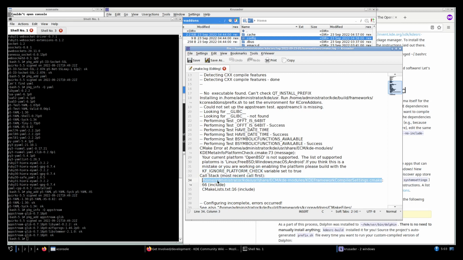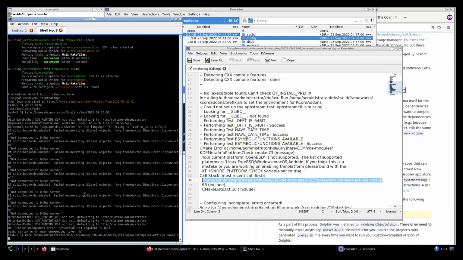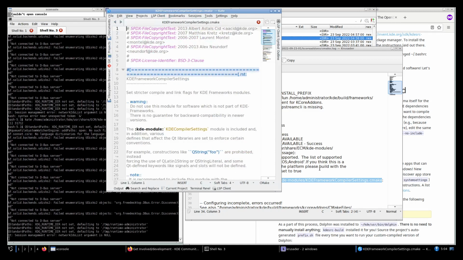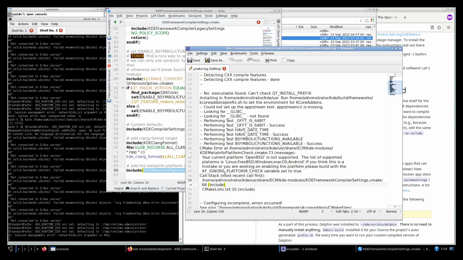Control C, Control N. I need Kate. Where are you? Control Shift V, background. Okay, at line 66, Control G, 66. So it says include KDE metainfo platform check. And then in that file,